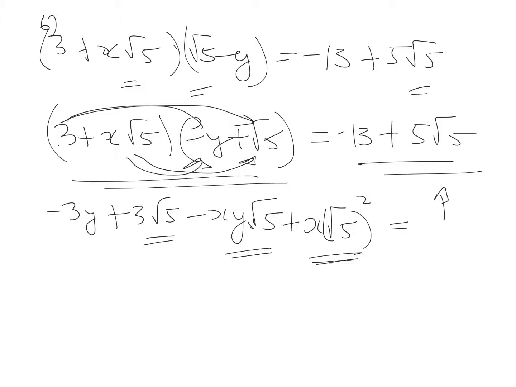So this part right here will become 5x. Right? Become 5x. Now minus 3y. And then we have this 3 right here, and the negative xy. So that then becomes 3 minus xy